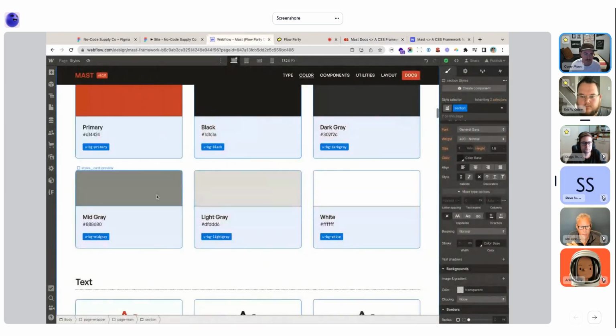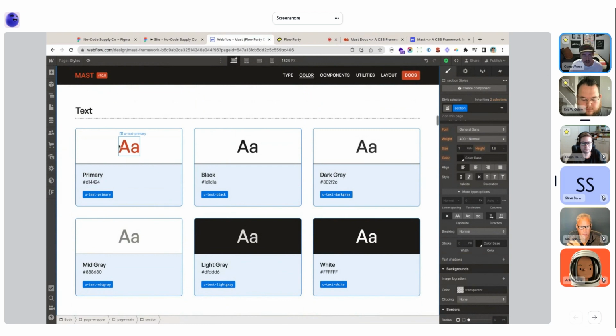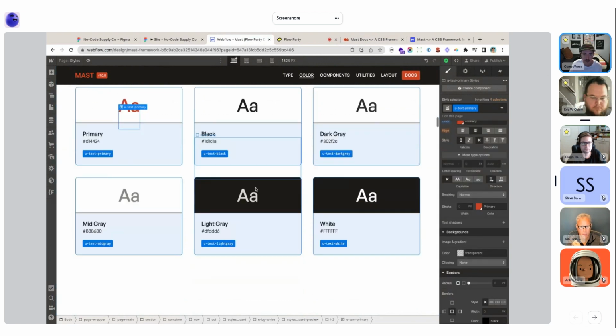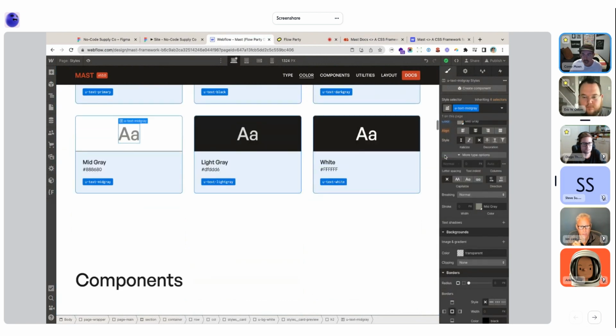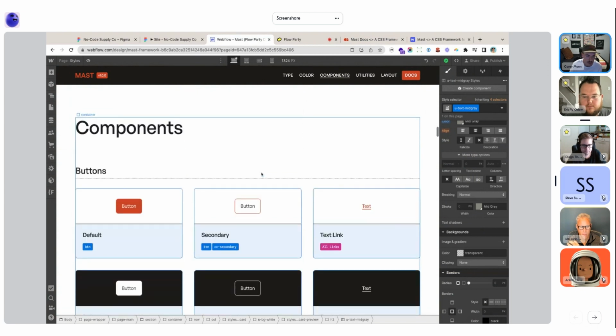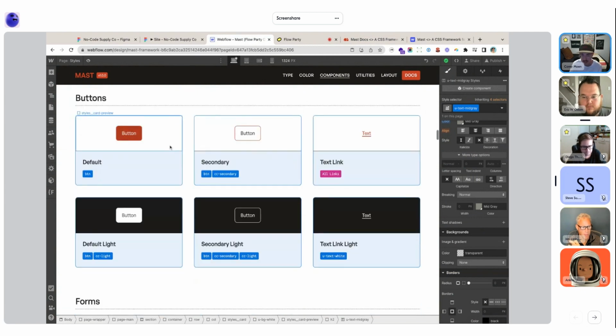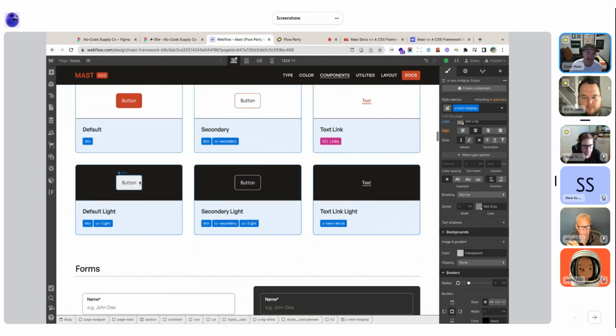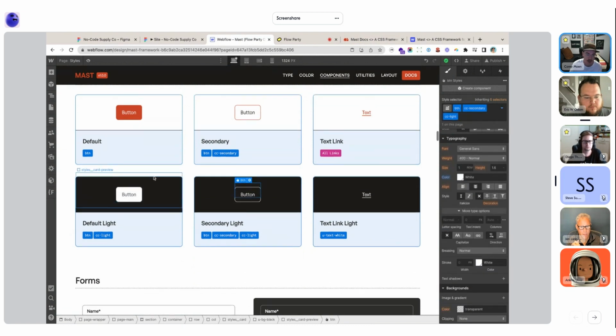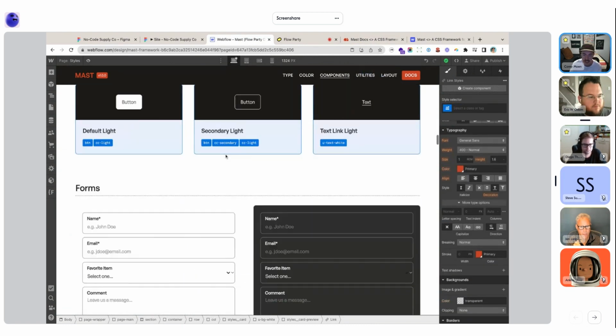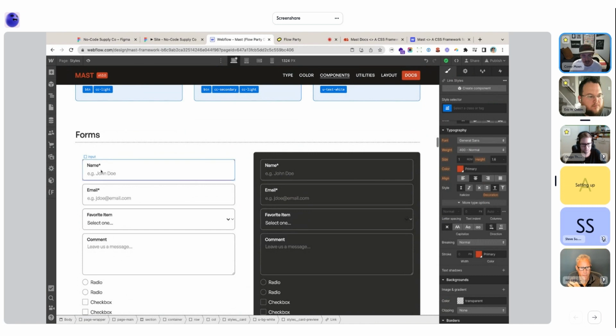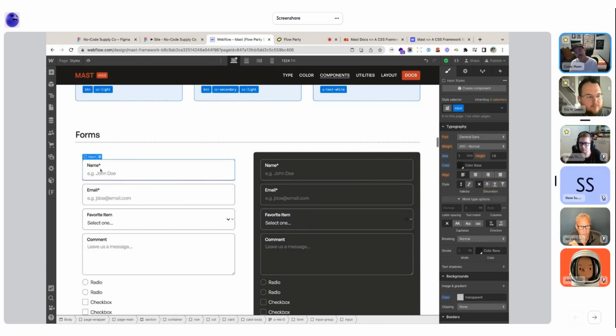So text color, same kind of thing. We're using uText primary here, or uText mid-gray, naming as makes sense for you. Base components, every site needs buttons, and maybe different variants of primary, secondary, text only, that kind of thing. Form styles, this is another opinionated thing in terms of the forms being pre-styled, or the inputs are pre-styled